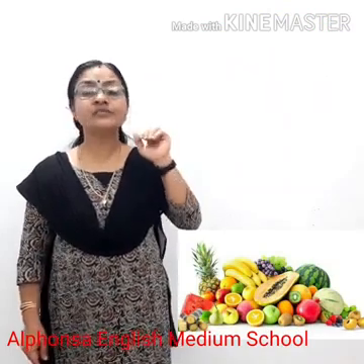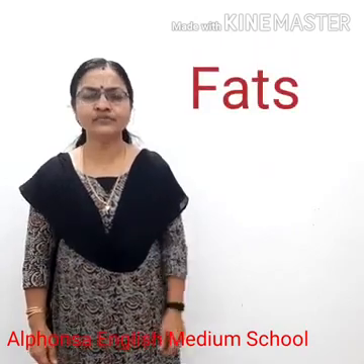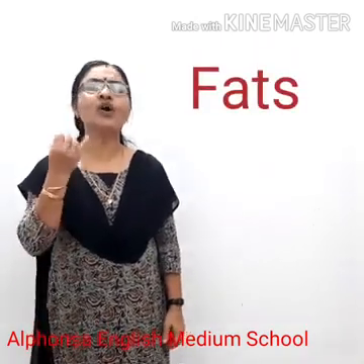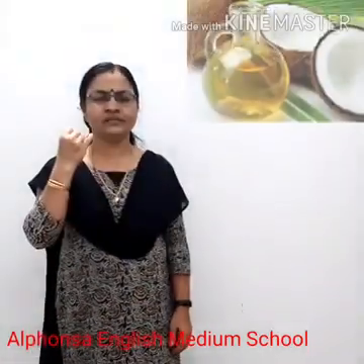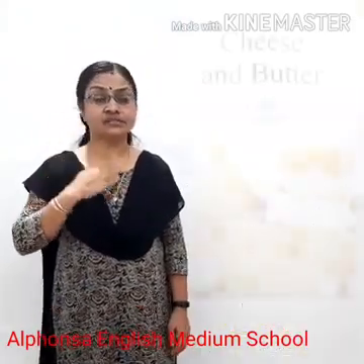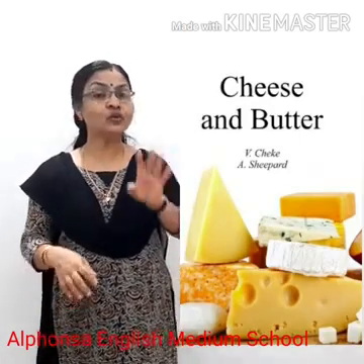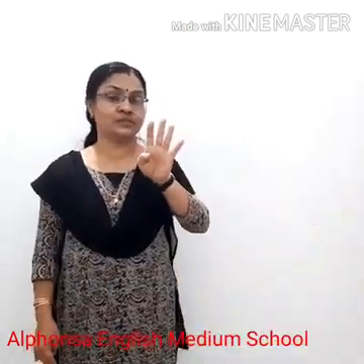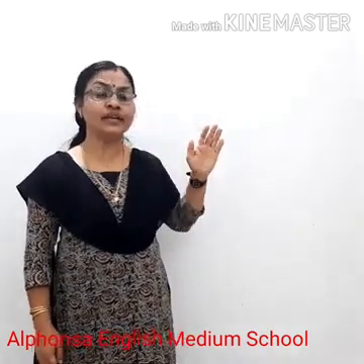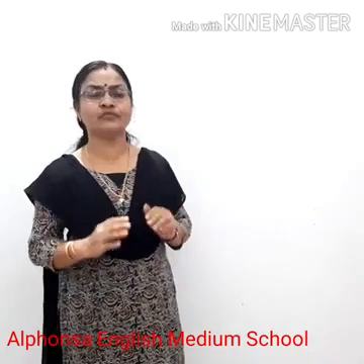Clear? Next, 5th nutrient, fat. Can you tell me food rich in fat? Yes, all the oils, coconut oil, sunflower oil, butter, cheese, all these are rich in fat. Quickly I told 4 food items each. I may be showing a picture for each nutrient. You may note down all the food items rich in each nutrient quickly in the rough notebook.